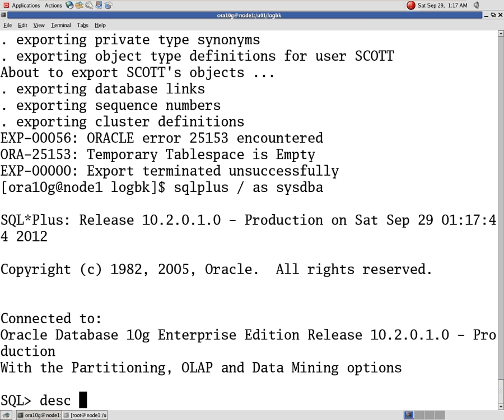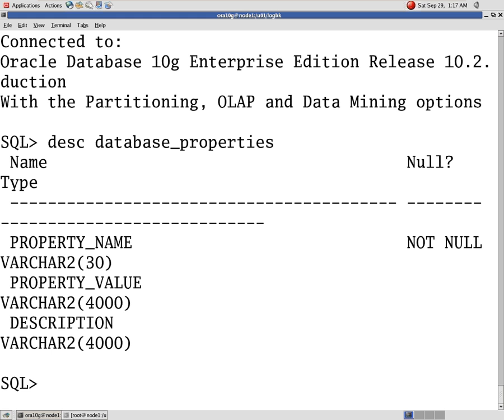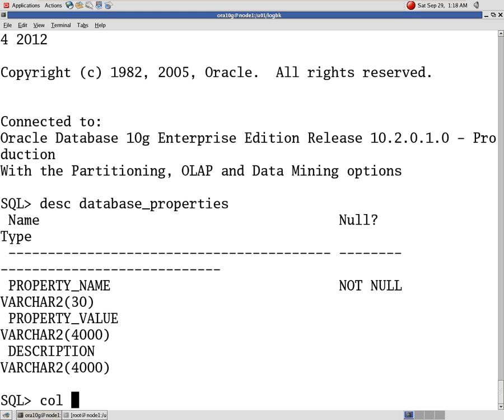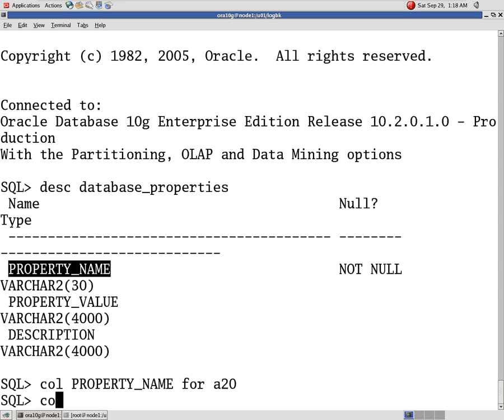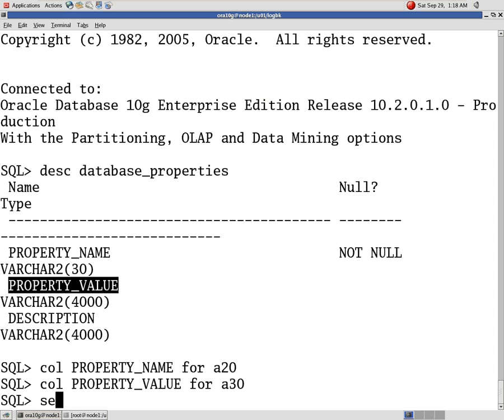Check here. Describe database_properties. Here you keep column property_name format A20 and column property_value format A30.